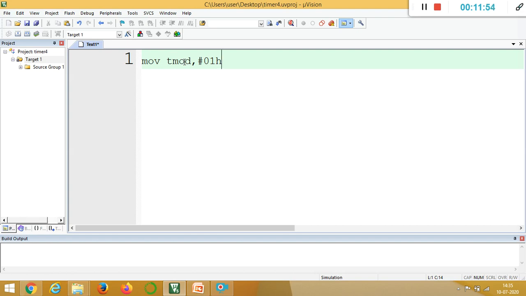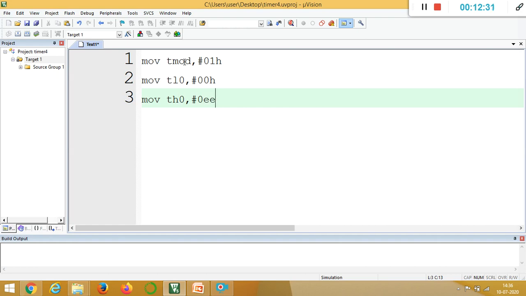Once the timer and mode are selected, you initialize the counts. Now I will put the initial count in the TL and TH registers. First I will use the TL register of timer 0, comma hash. For 5 milliseconds, the initial count is EE00. So 00 is the lower byte, which I am going to store in TL. Then EE is the higher byte, which I am going to store in TH.